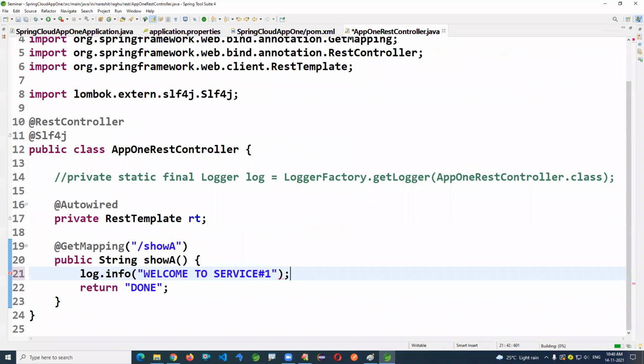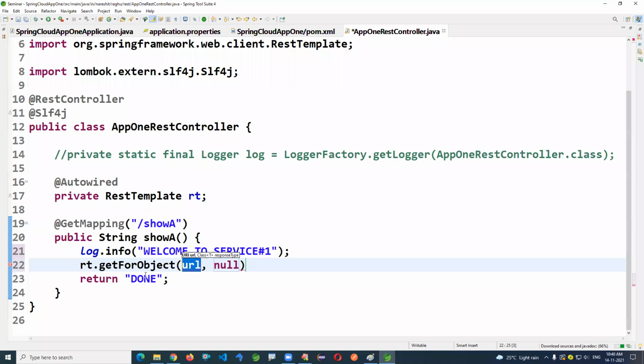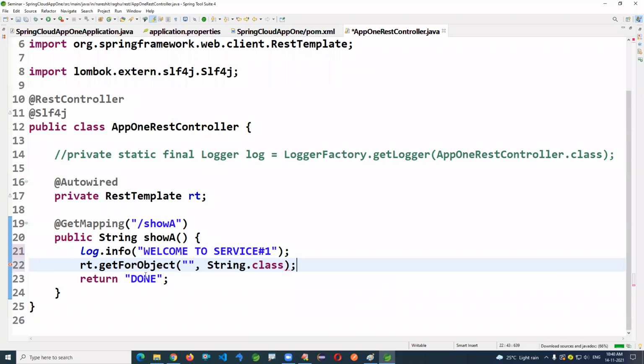Now we have to make a request to call rt.getForObject. Of course, you can use getForEntity. We have to mention the URL here. Consider we are going to have a second microservice. I'm just going to provide that microservice's details here. I'm hard coding the details. You can take it from the Eureka server even.